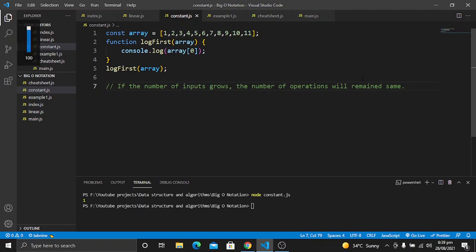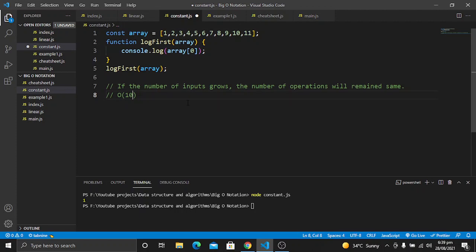Now how can we represent a constant time complexity? Let's write a comment. We can simply say that it is O of 1, which means that it is performing only one operation. It may be performing different numbers of operations, for example 10 operations, but if it remains the same when the input grows, it will be O of 10.